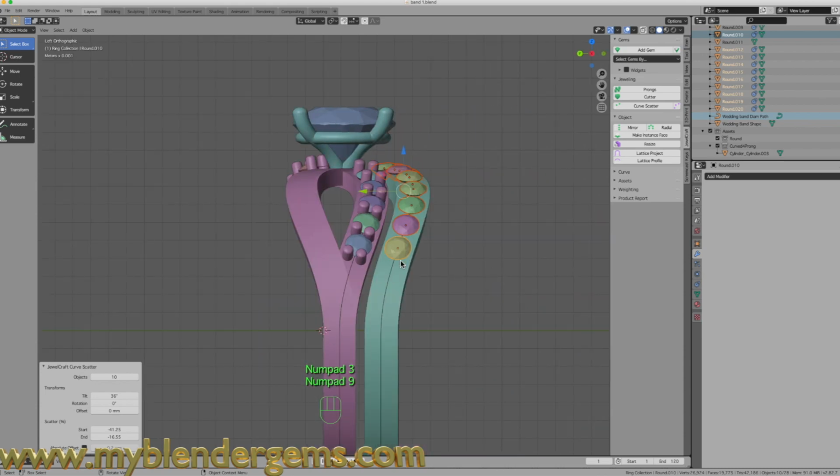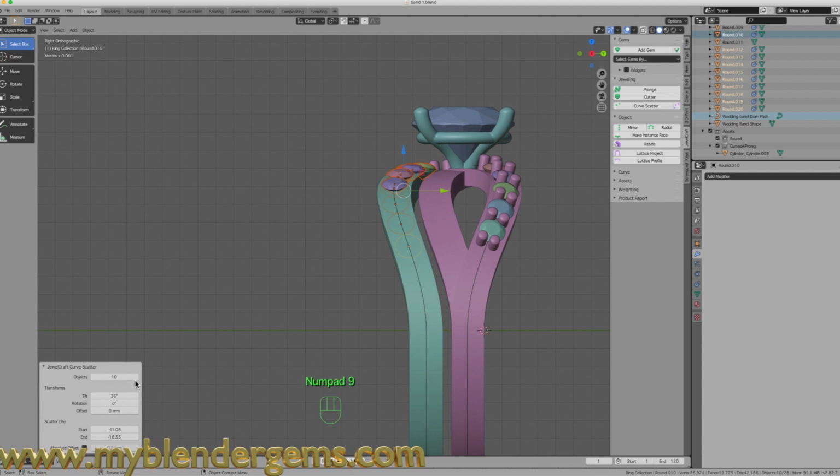look at the other side, pressing the 9 key. These diamonds are almost at the right location, so I'm just going to move that up right about there because we want these to be about parallel. Let's get in a little closer, right about like so, and then go back to the other side. And I'm going to add in some diamonds until I get where I want, and move that right about there to the other